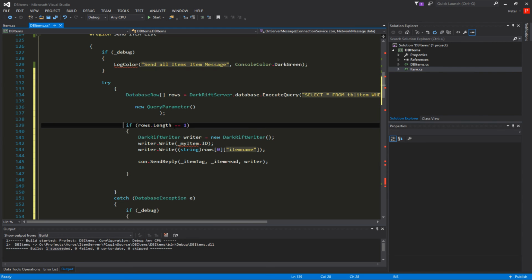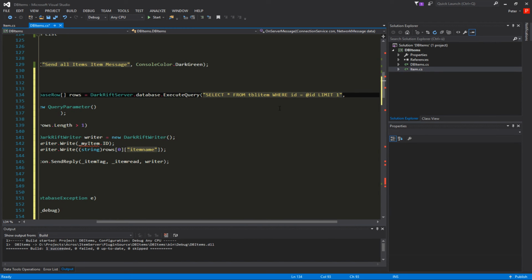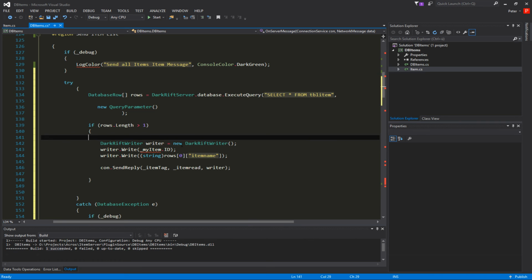So if it's greater than 1, let's make sure we have something. And in our select star from table item, we just get rid of these. So we select everything from the table item, and if the row.length is greater than 1, we're going to do something. And what we're going to do is we say